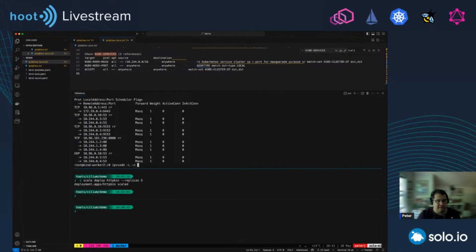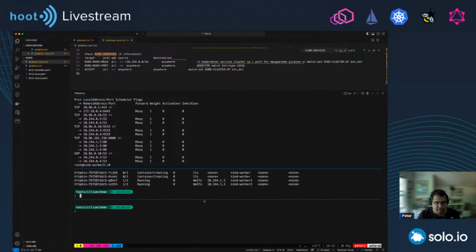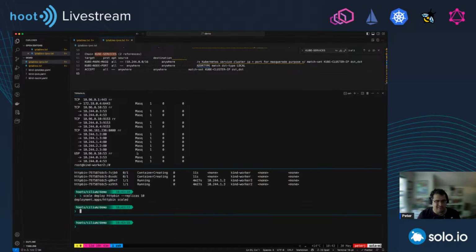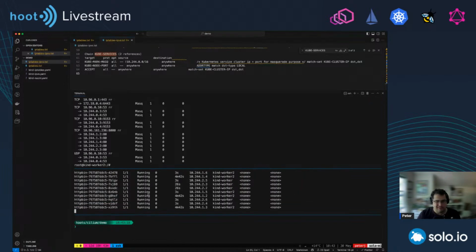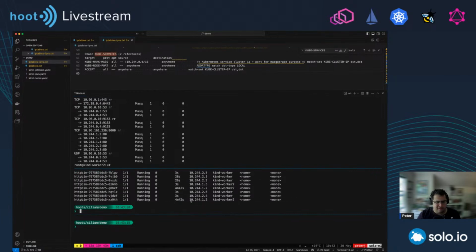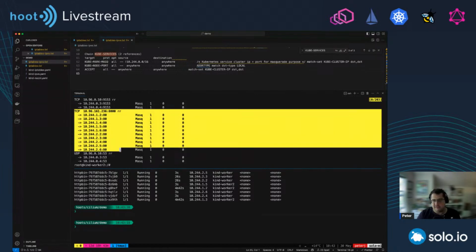There's not going to be any changes in the iptables rules. Oh, actually nothing's going to change this time because we scaled up and 2 of them were created on the other worker. So let's do this. And you can see that it's a significant difference here, right?